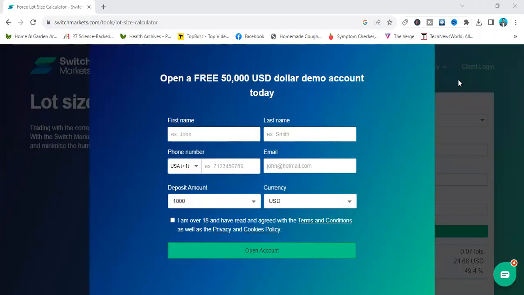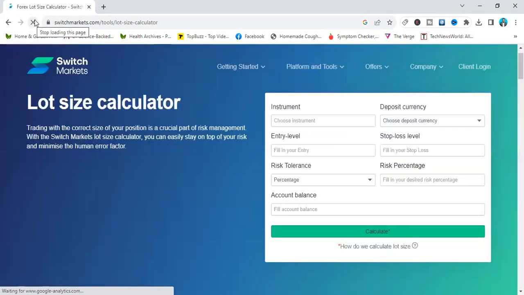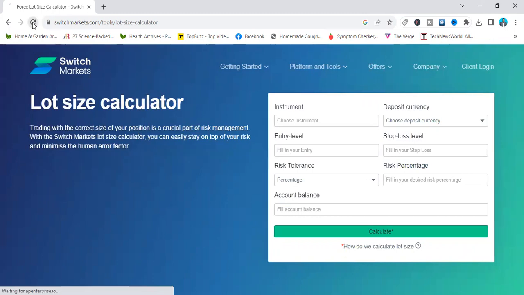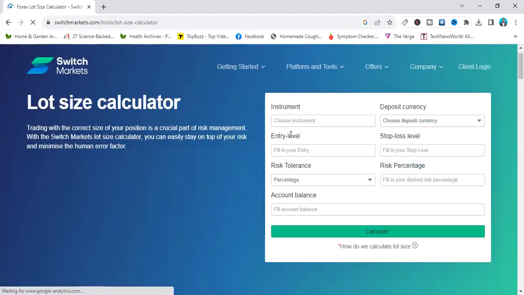Okay, let me say this before I end. Sometimes on the website, you may be seeing these pop-ups. When you see this pop-up, they are asking you to register for a demo account. All you need to do, if you want this to disappear, is just go and refresh the page. Once you refresh the page, that pop-up should disappear. Anytime it pops up, just refresh, and then it will disappear. Is that okay? All right.